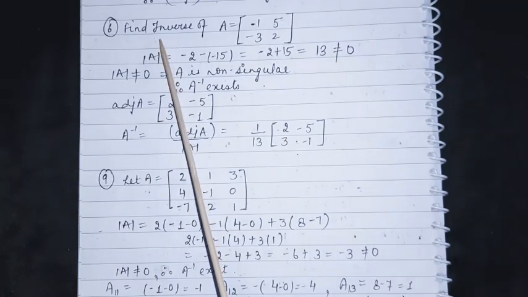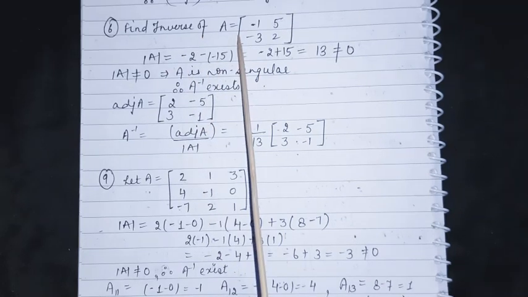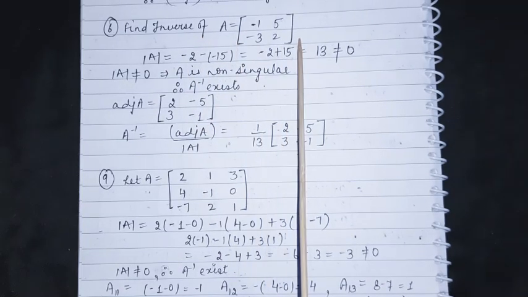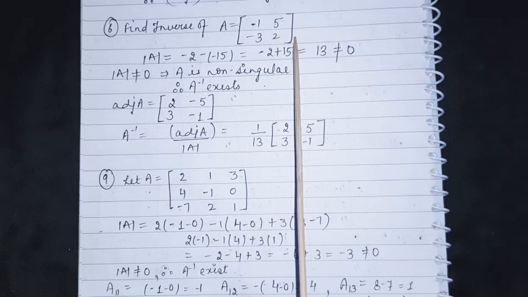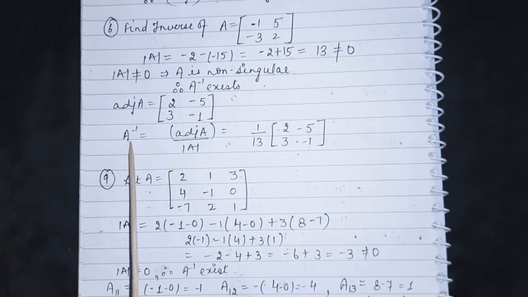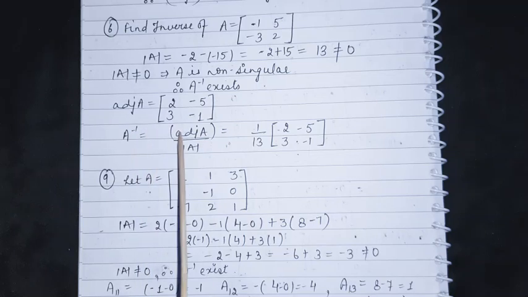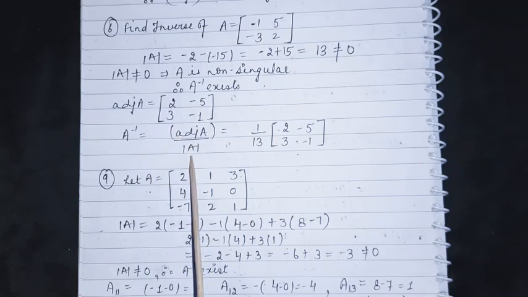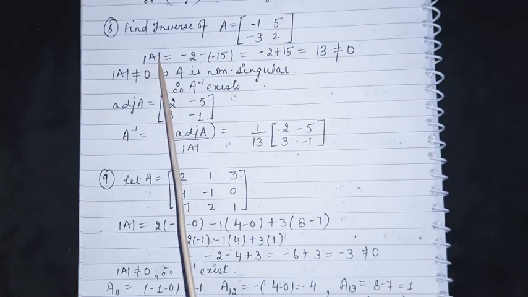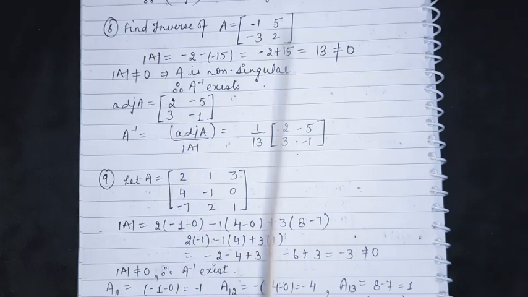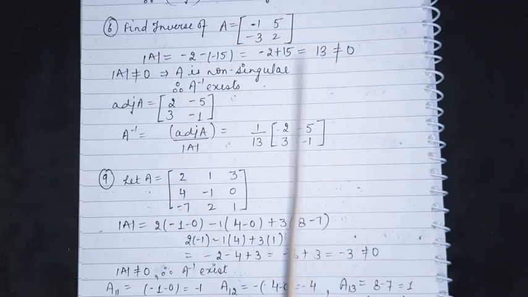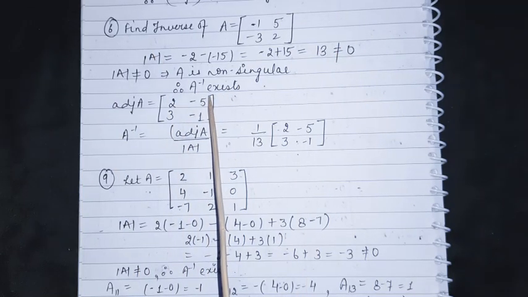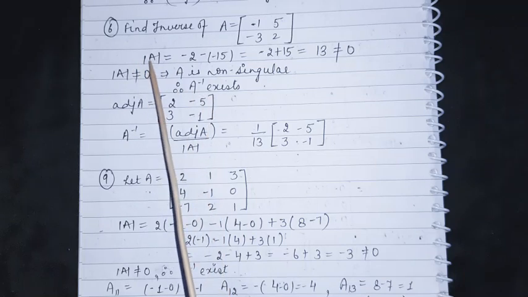Our next question is question number 6. Given to us is a matrix of order 2, and we have to find the inverse of this matrix. So as we know, the formula for inverse using adjoint is A inverse is equals to adjoint of A upon determinant of A. But the very first step is that we will calculate determinant of A, because at any point of time, if determinant of A comes out to be 0, then we never go for adjoint A. We simply write that A inverse does not exist.